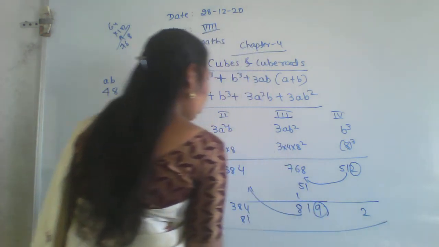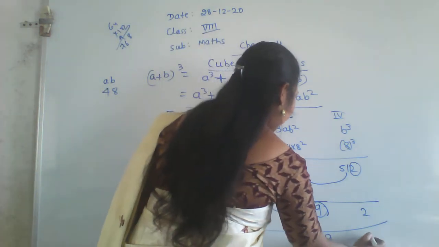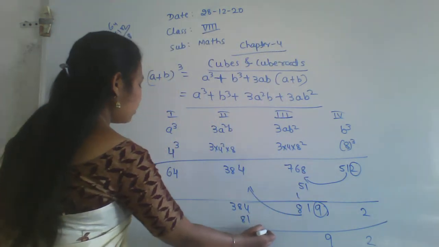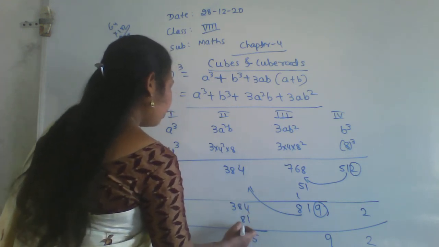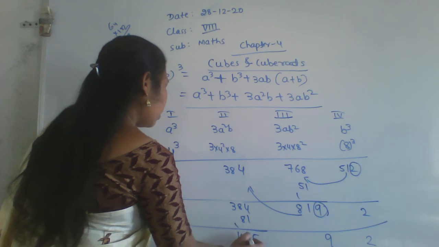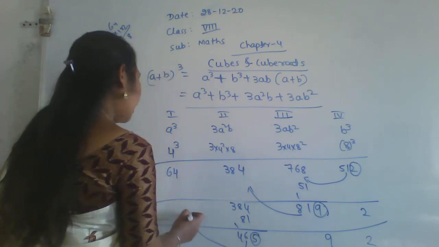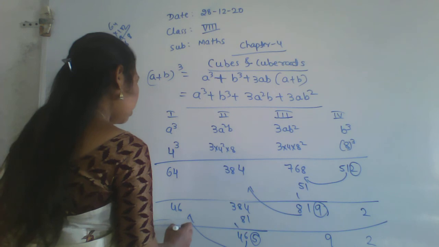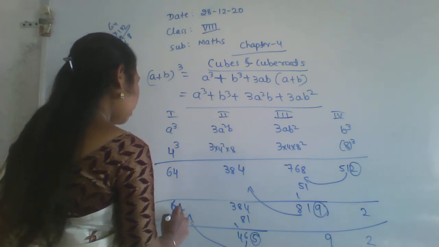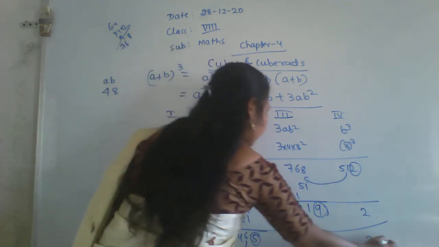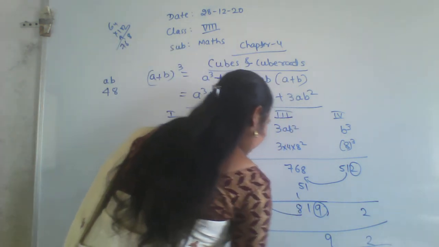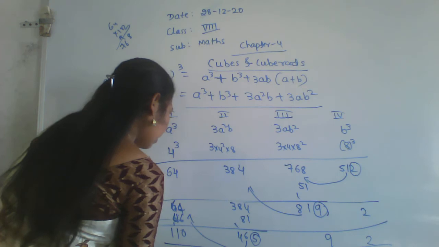Okay, in the next step what we left here, here 9 and here 2. Next, same as squares, like finding a square, like this only you have to do. And again encircle 5 here and put 56 here. So here that is 64 plus 46, it is 110. So at the end what we left with here: 2, 9 and here 5 and here 110.